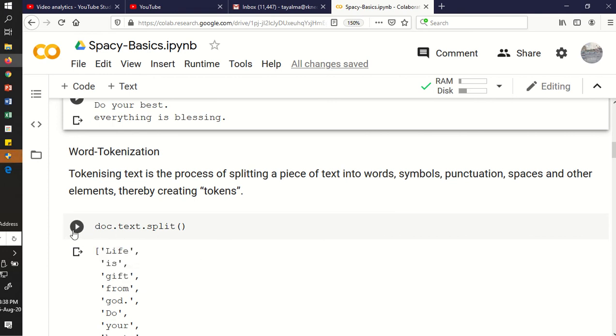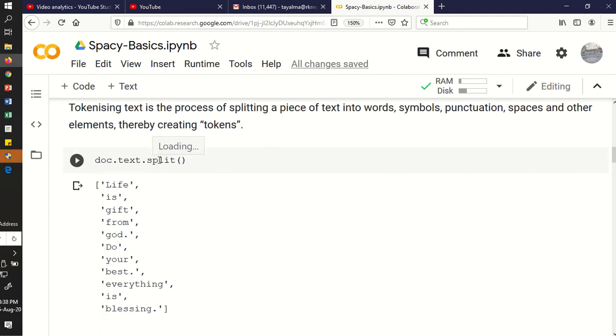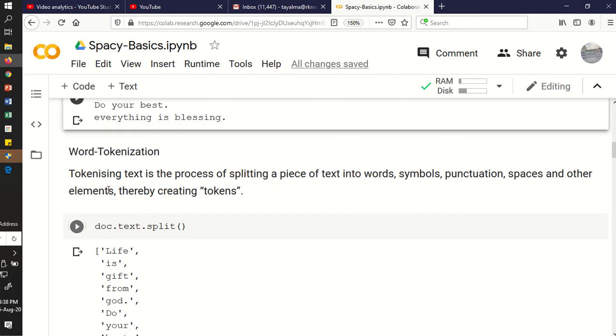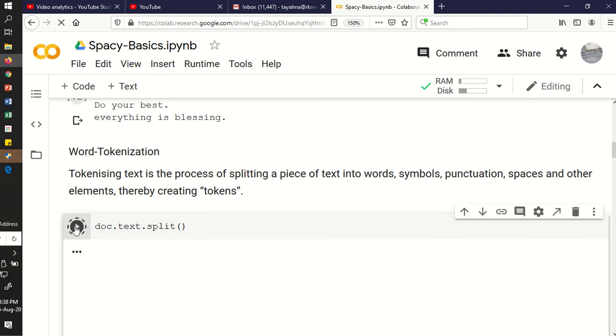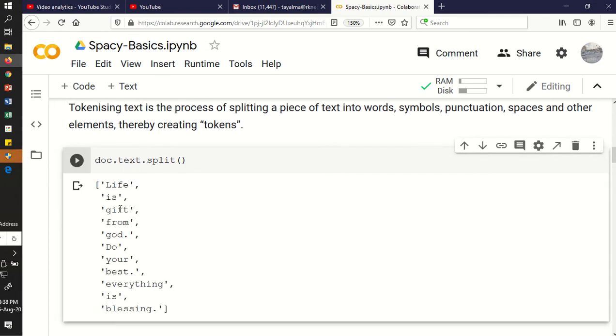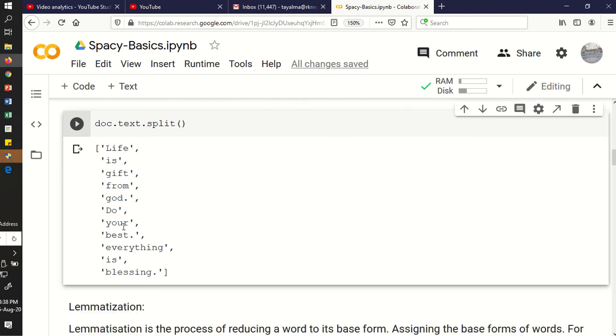For that, in spaCy, you do have one method, directly split. Whatever text you will be passing here, like our document was there in doc. So text.split is a method, where text is the text, and then split indicates the method which will do this operation. So you'll be getting all your tokens in your hand. That is, whatever sentence we have passed, you are getting the words as each token. So this way the word tokenization can work.